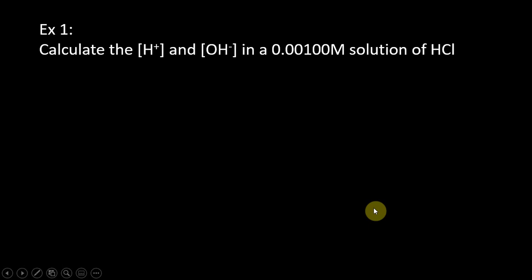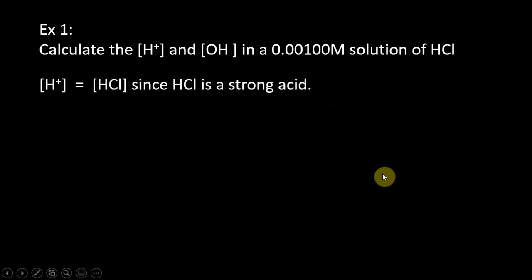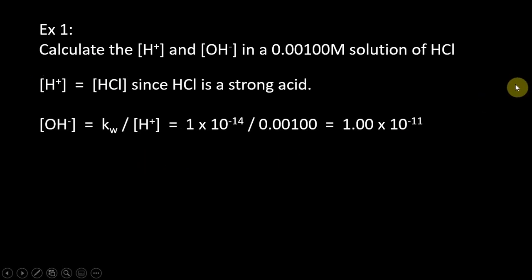All right, so let's do an example of how we would use this information. Calculate the hydrogen ion concentration and the hydroxide ion concentration in a 0.01 molar solution of HCl. Well, this one's fairly easy. It's a strong acid, so therefore the hydrogen ion concentration is the same as the hydrochloric acid concentration, which in this case is 1 times 10 to the minus 2